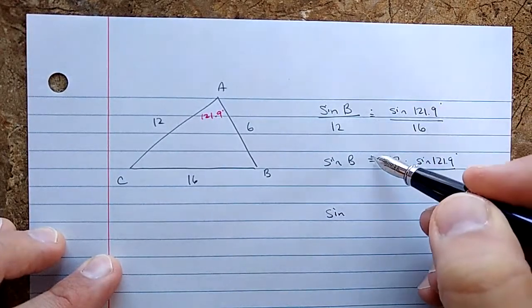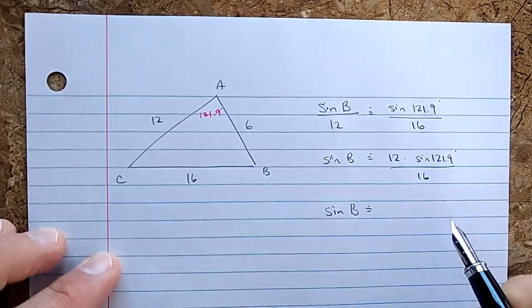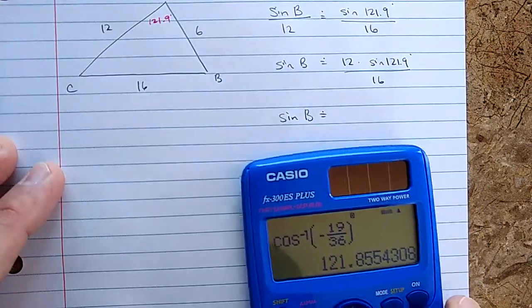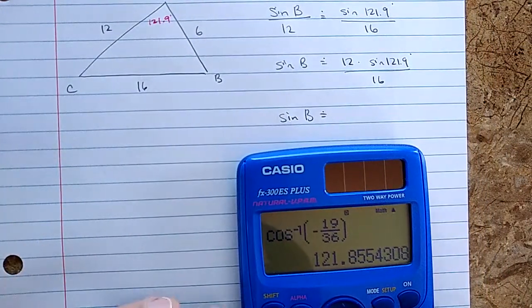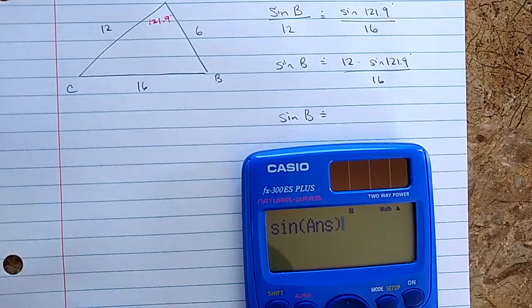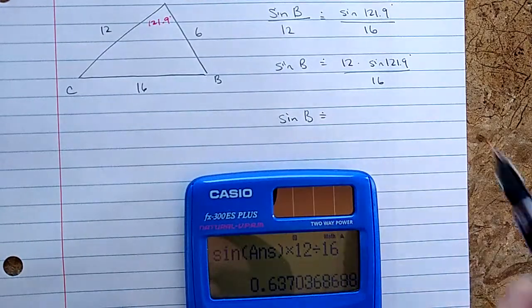I'm going to put an approximately dot there because this is an approximation. Now I do still have that value on my calculator, so there's an exact value, kind of, stored at least. So I'm going to do the sine of that, last answer, times the 12 divided by the 16, and I get about